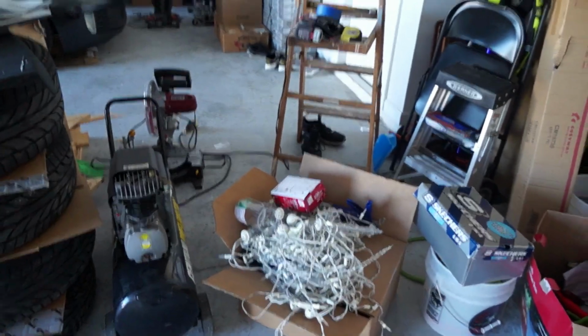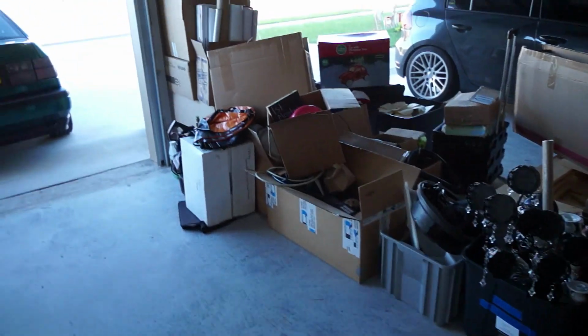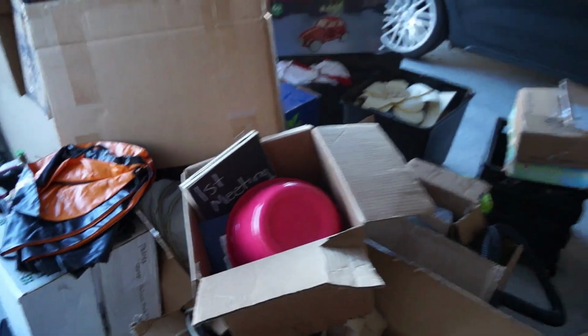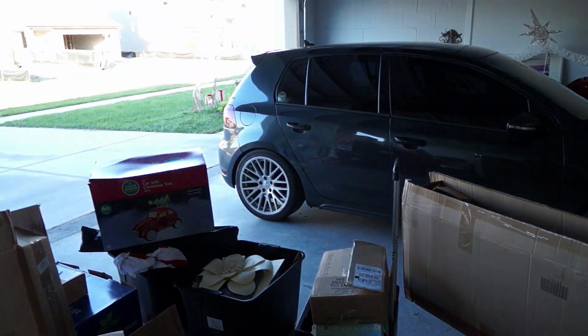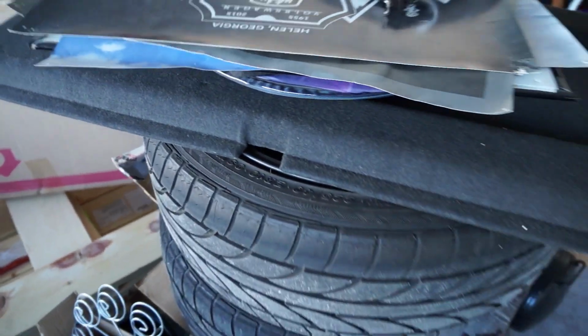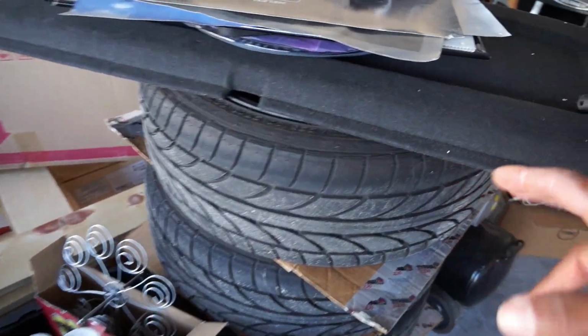But for now, we're still going through boxes here and there. Most of this stuff is just boxes that I had in the garage, so I need to go through them, take the parts that I want to keep, and everything else, trash. And since I really do like the look of those wheels, I don't know if I want to keep the ones that I have under here or sell them. There's brand new 225/40/19 tires on these wheels. I'm thinking about